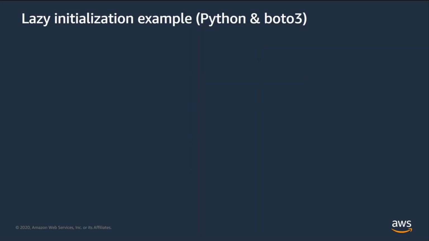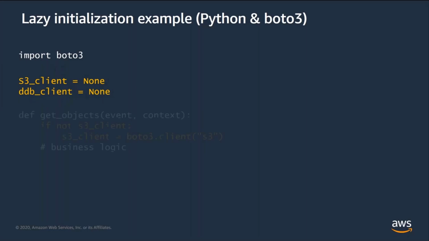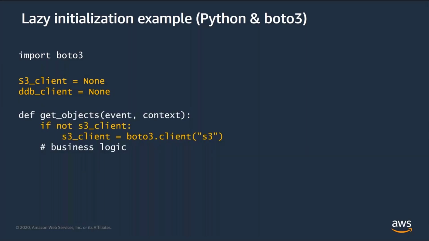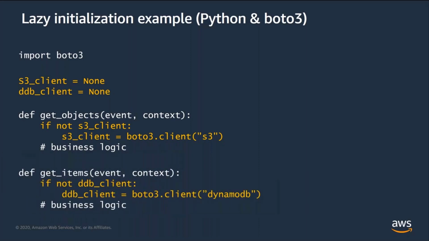Going back to lazy initialization, here's a Python example. First, we import the Boto3 module, and then we set two global variables for the S3 and DynamoDB clients. Now, if getObjects is called, the code checks to see if the S3 client object is initialized. If it's not, then it initializes it. And if getItems is called, the code checks to see if the DynamoDB client is initialized, and if not, that